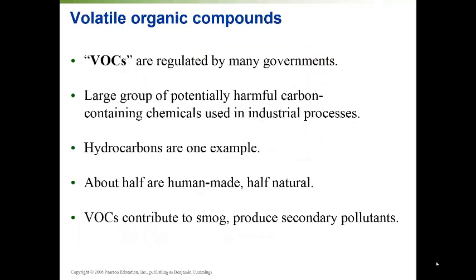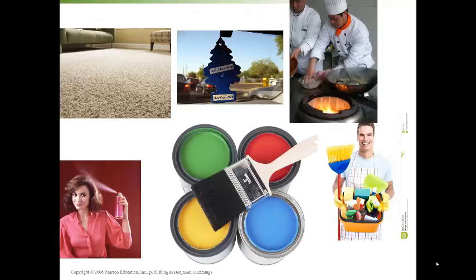Volatile organic compounds, VOCs, those are regulated by the government. Again, the government realizing that these things are harmful for us, so we need to try to control how we're producing them. In more developed countries like the United States, these things can be regulated easier. Not saying it's going to be perfect, but better than developing countries like Beijing and other third world type countries that are not as established as we are. All right, here are some of the products that have those VOCs in them.